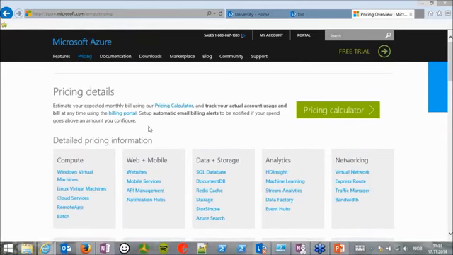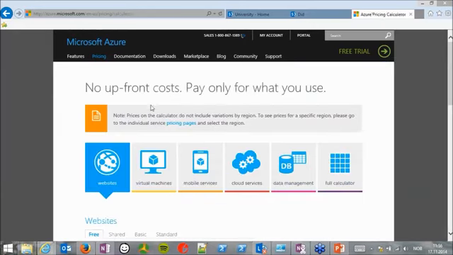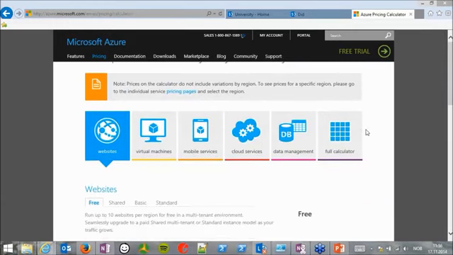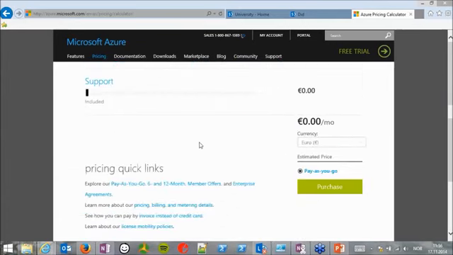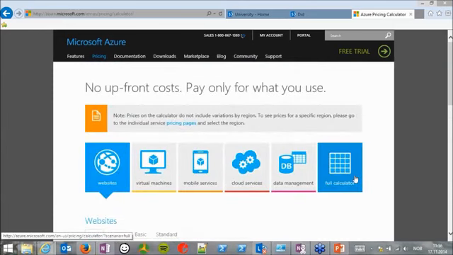Here you got all the detailed pricing information. Of course, if you're on an enterprise agreement with Microsoft on the EA or some volume licensing, I will guess that you already have cloud-ready licensing for a lot of things like SharePoint and other line of business. So no upfront cost, pay only for what you use. Also, you can prepay, then you get a pretty big discount. So pretty much give it a full calculator,